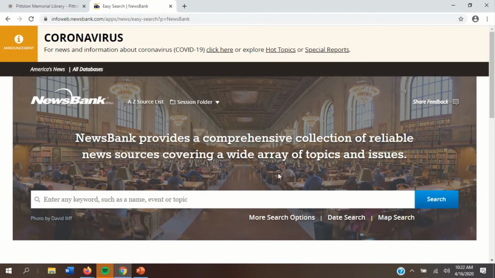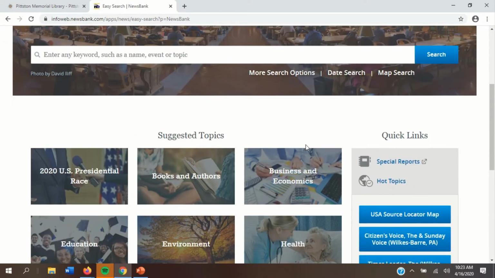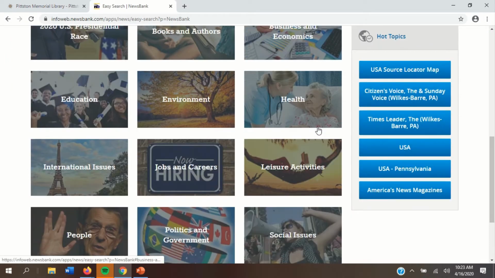So if we go over here, I've already logged in, and this is the main screen that's going to fly up. I just want to show you really quick, to give you an idea of what kind of things make up this database. If you scroll down a little bit, you're going to see all the way in the right-hand corner that these are, like I said, a lot of the newspapers that are making up this whole thing, and there are more than what's visible right here. But these two are going to be the most familiar to you.